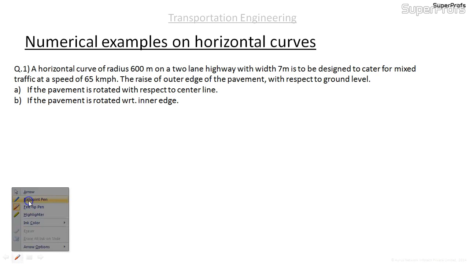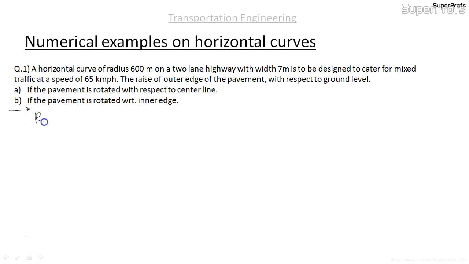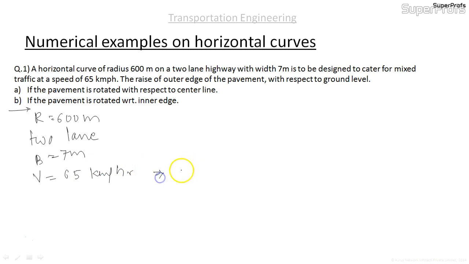The radius is 600 meters on a two-lane highway with width given to be 7 meters, to be designed to cater for mixed traffic at a speed of 65 kilometers per hour. So the design speed given is 65 kilometers per hour, which we need to convert into